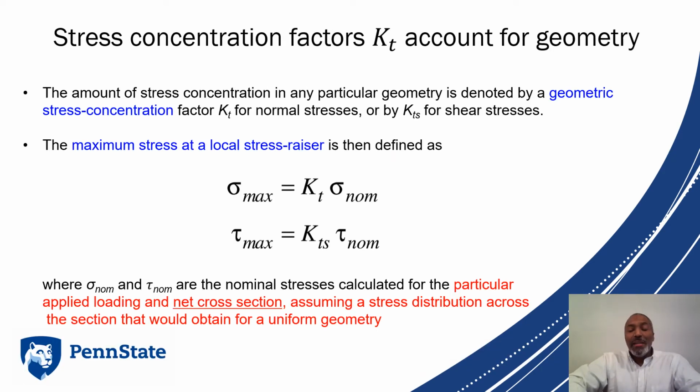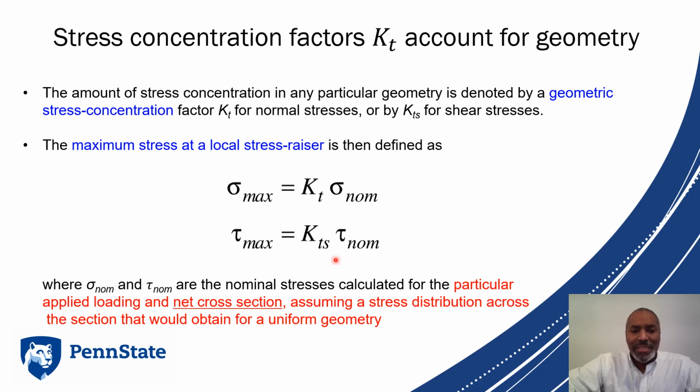So experimentally then, how do we go about calculating what these stresses are? Well, it begins with our stress concentration factor here, KT, which accounts for geometry. So the geometric stress concentration factor for normal stresses is the KT as shown. It's KTS for shear stress, and these scale up either our maximum normal stress sigma or our maximum shear stress tau as shown. So we have a nominal stress multiplied by KT in normal stress, or a nominal shear multiplied